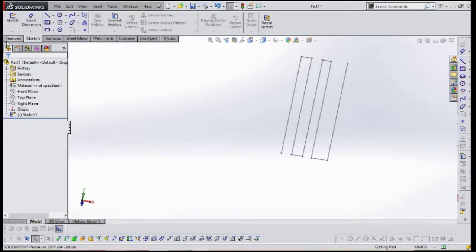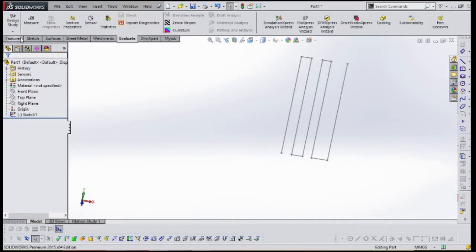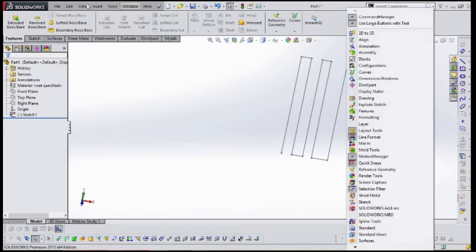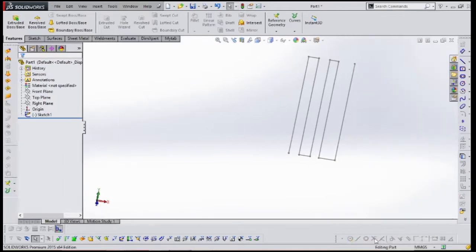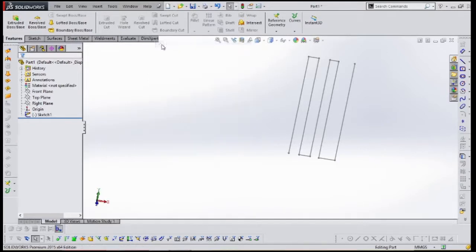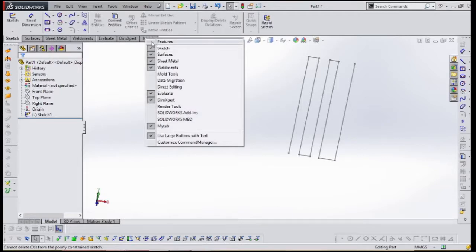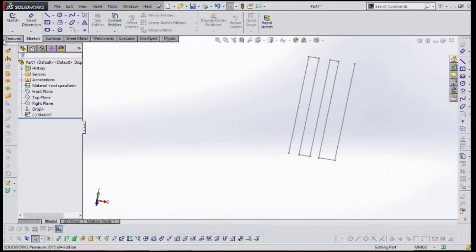In this command manager we have features, sketch, surfaces, sheet metal, weldments, evaluate, etc. If you don't find any of these, suppose I don't find surfaces, I simply right click on this and select surfaces. Suppose features was not there, don't worry, simply right click and select features.